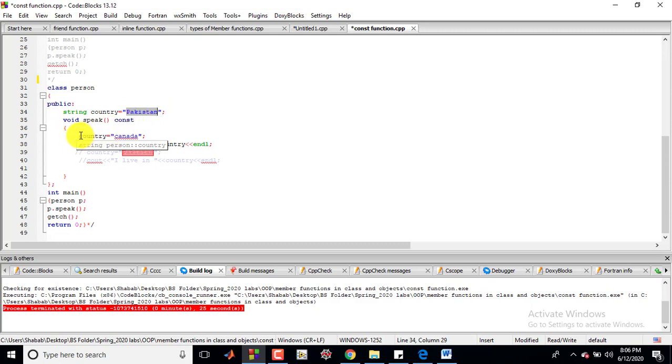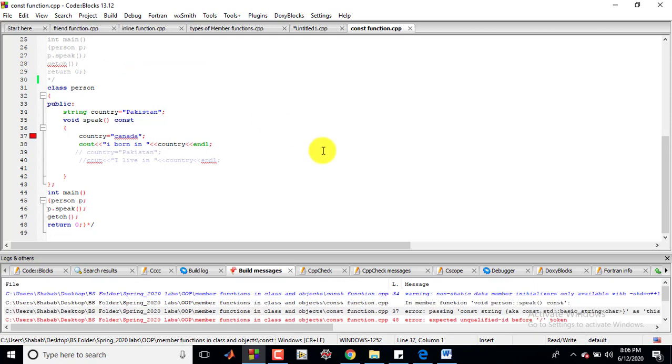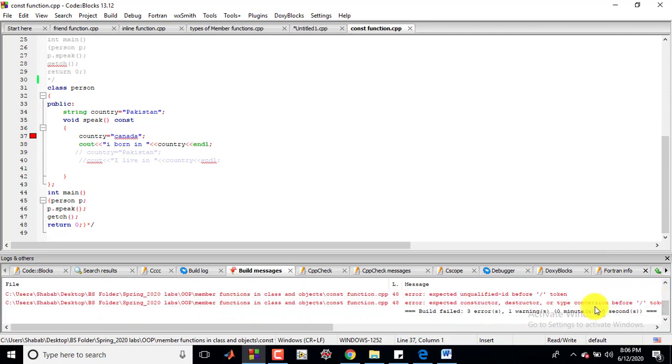Now, in the next line, if I try to place another name in the same variable, it will definitely show me an error. So this is the same program as I explained earlier. Let's run it and see what the error is. It is showing me an error because we are using the constant member function and we are using the same variable to store two different names. So this is not possible by using the constant member function.